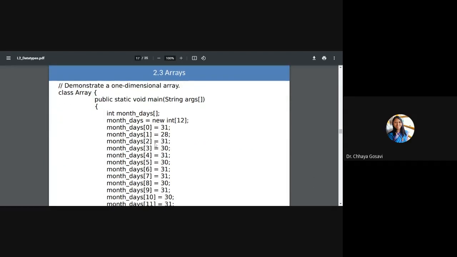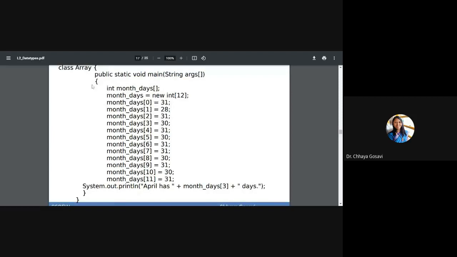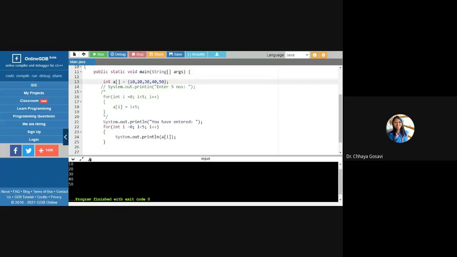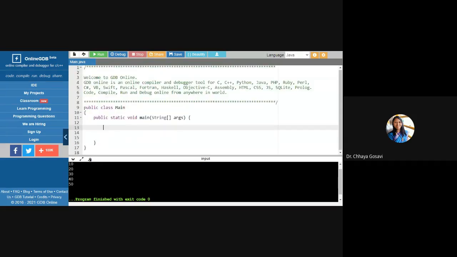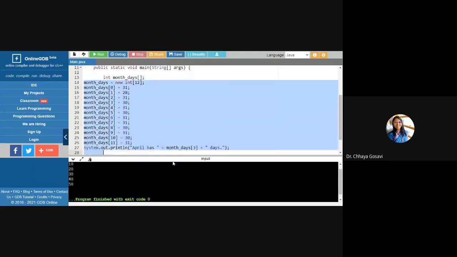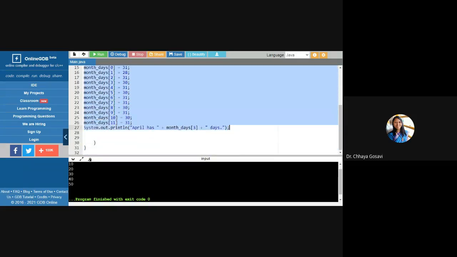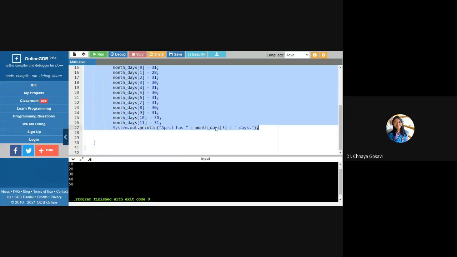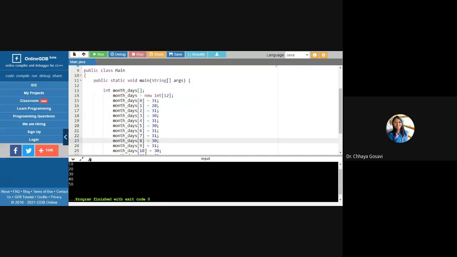So here, this example, I'll just copy paste it. Is it visible?